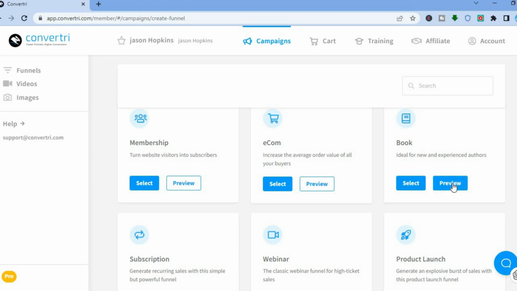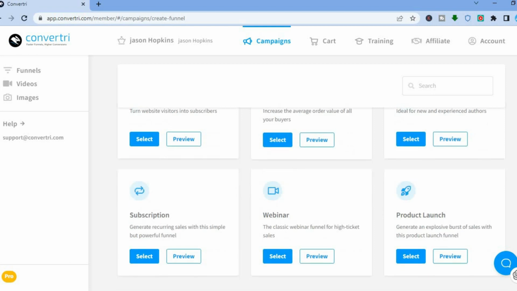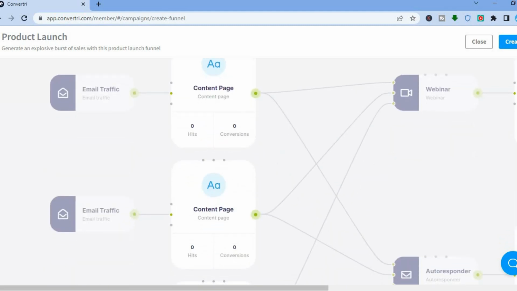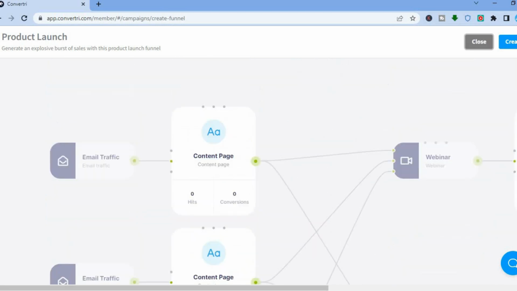And if you want to use one of their funnels for, for example, a book, all you'll need to do again is tap on Preview, and you can see right here you have the content page, then the sales page. And if you would like to use it for anything else, for example for a webinar, a subscription, or a product launch, all you'll need to do again is tap on Preview. Then you can see how the layout works right here. You can see the content page, and everything leads to the webinar right there. But for this